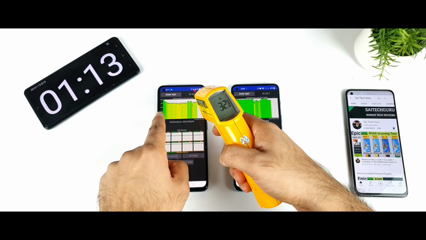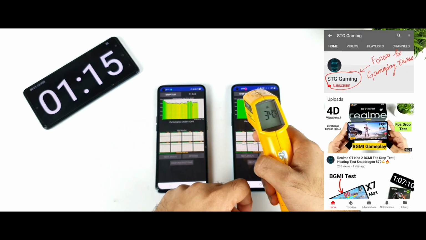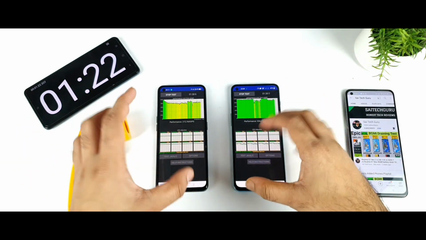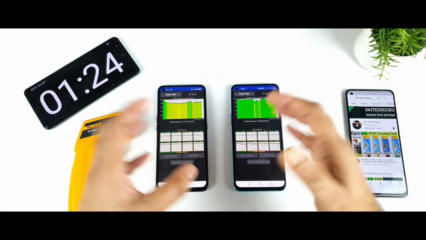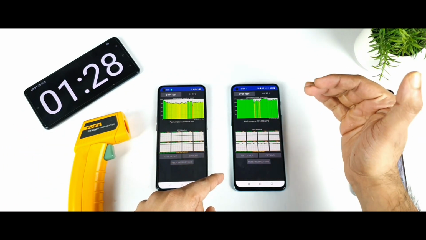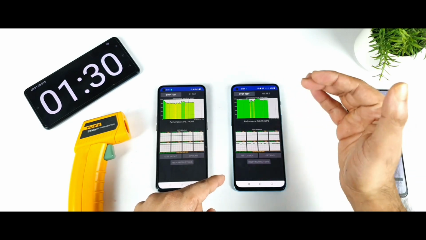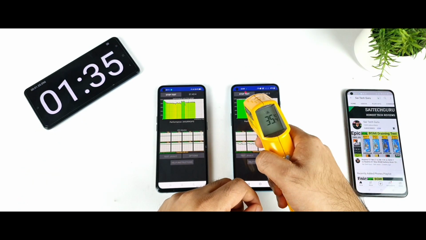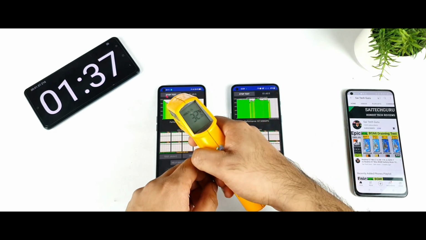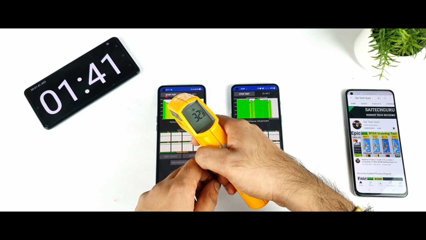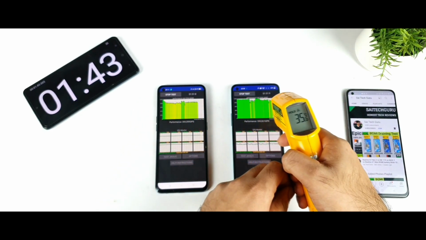32 degrees, the Realme X1 Max. And OnePlus Nord 2, 34.2 degrees Celsius, 34.6. You can look at the performance scores and results and everything. You will definitely understand the performance is very high, close to 100%. It's maintaining a really high level of performance. And 35.4 degrees Celsius, and 32.6 degrees Celsius, 32.8 degrees Celsius. You can see the difference and how it's happening.